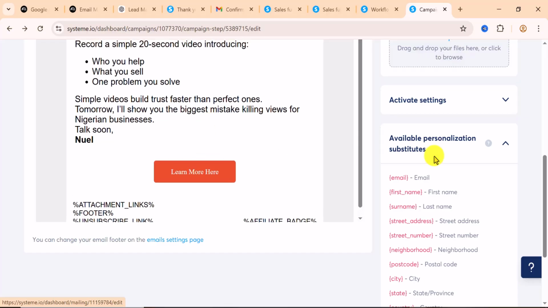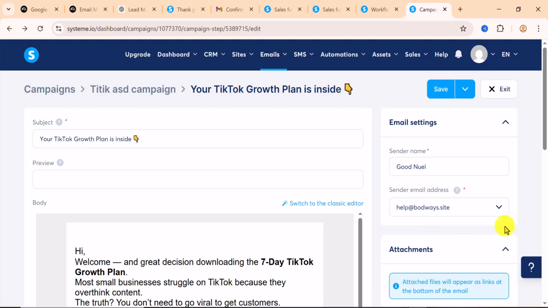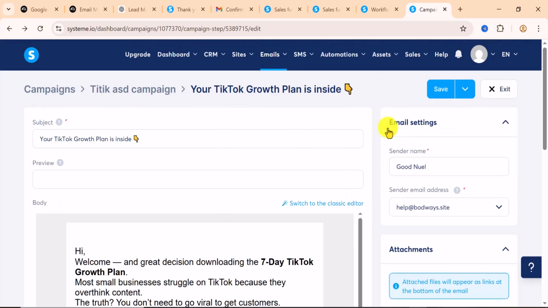So we've created our first email, but we need to create more emails. So the moment your contact or your audience fills your form, they will get this email. So this is the first email. Remember that we have 5 of them that we want to create. So what we want to do now is go back